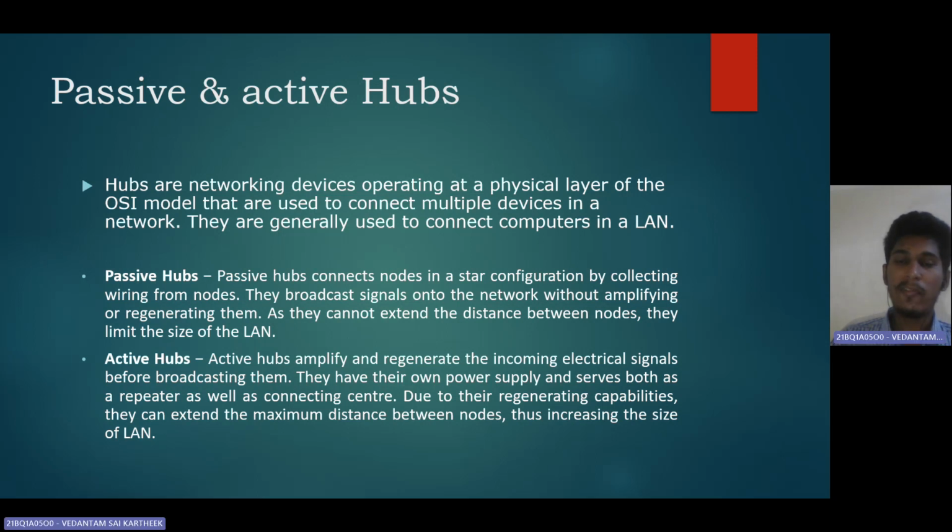Whereas the active hubs amplify and regenerate the incoming electrical signals before broadcasting them. They have their own power supply and serve both as a repeater as well as a connecting center. Due to their regenerating capabilities, they can extend the maximum distance between two nodes, thus increasing the size of the LAN. This is about the active hubs and passive hubs. So let's move on to the next component,